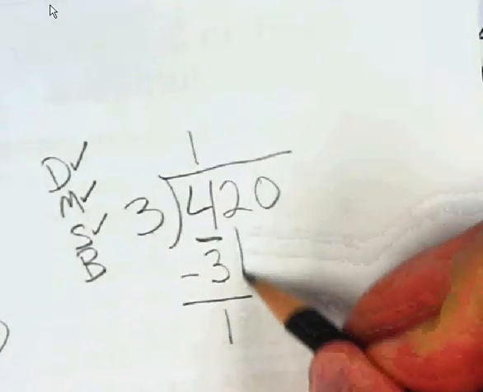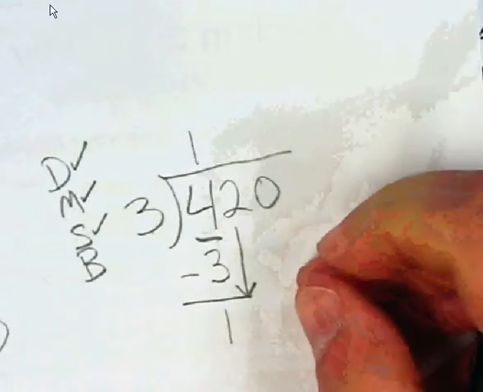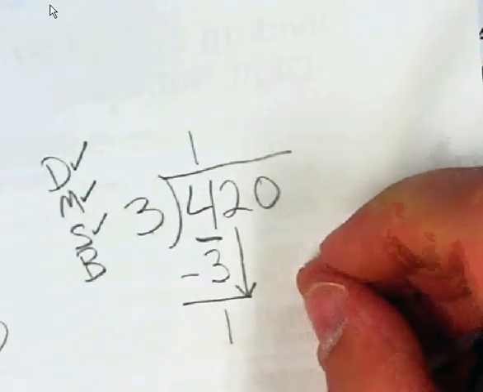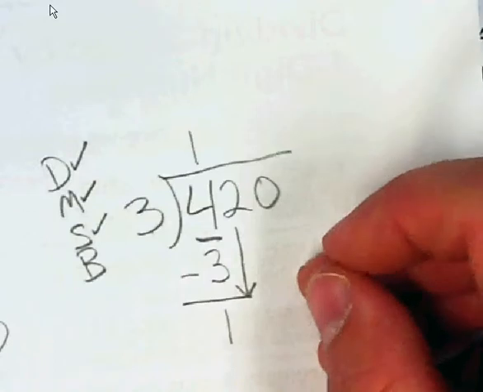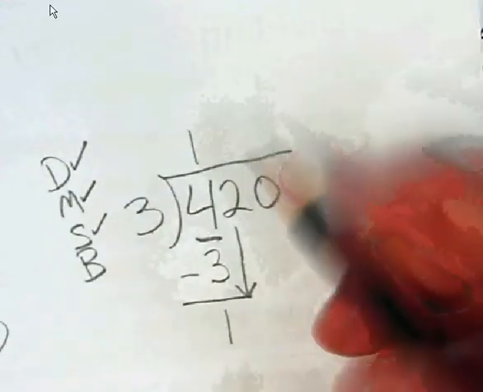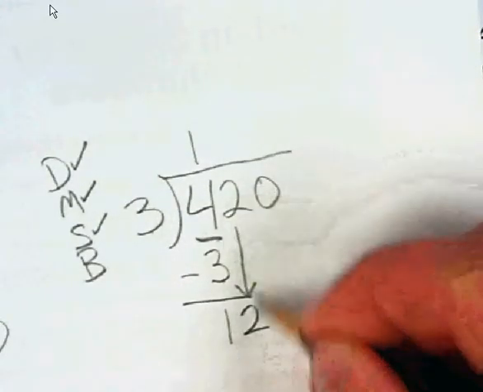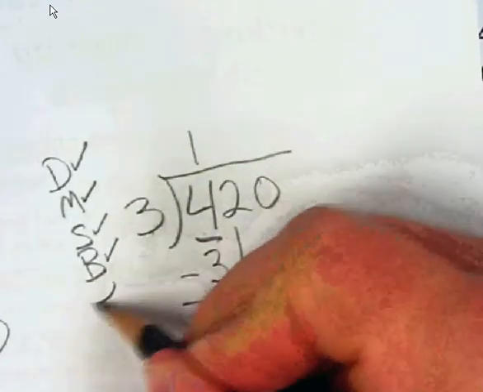Then we bring down. Guys, you just have to keep practicing this. This is the kind of skill where you're just going to have to do lots of repetition and do it over and over and over again, and it'll start to make sense. So we brought down that 2. Now we start over again,